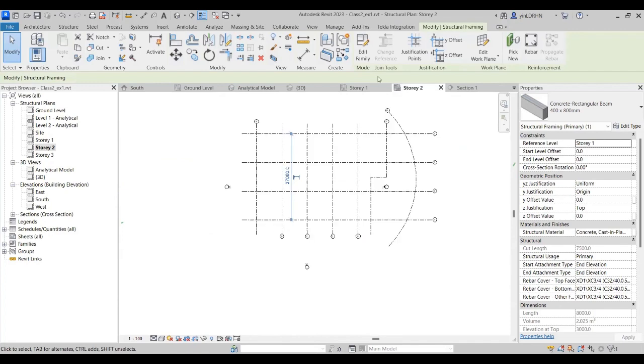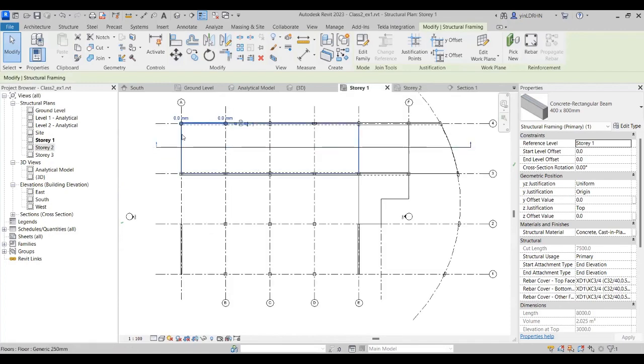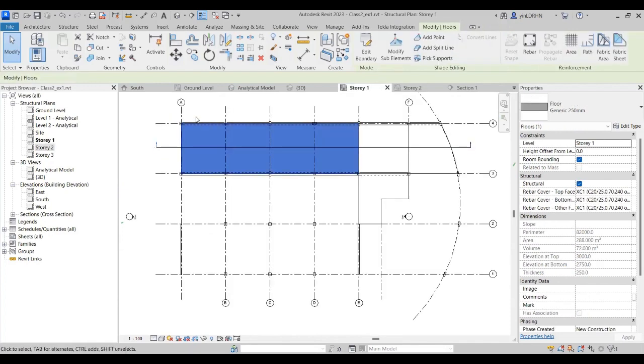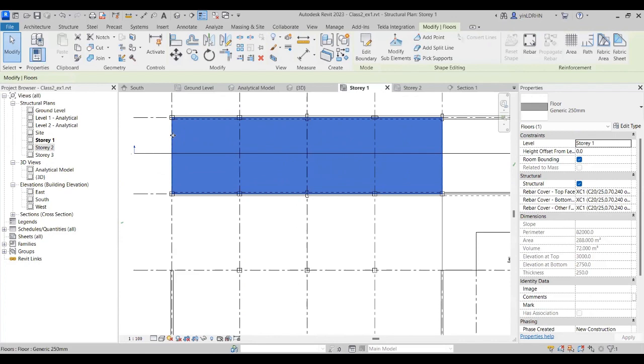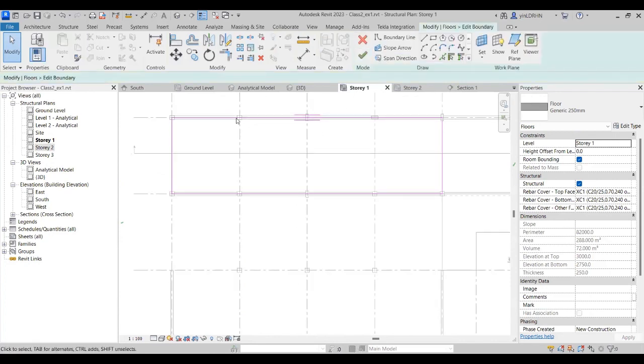Okay. So let's say this slab, right? You want to extend this outside. One way is you can modify it, right? You know how to modify these boundaries, right? Move the boundaries and so on, right? So other way is offset,